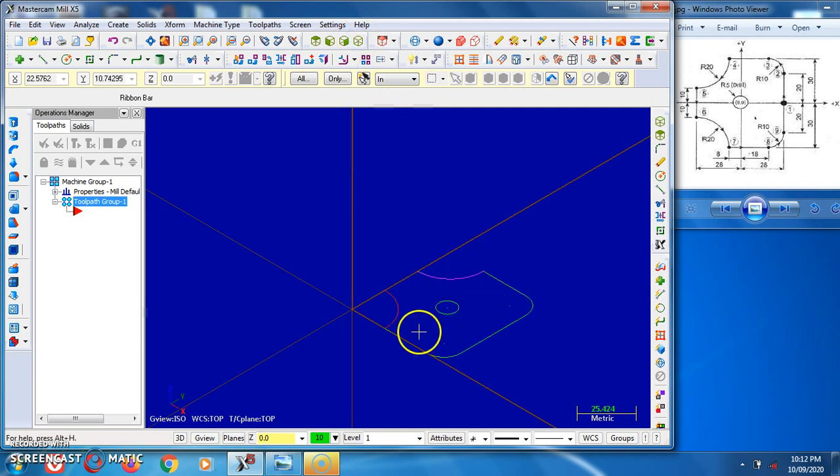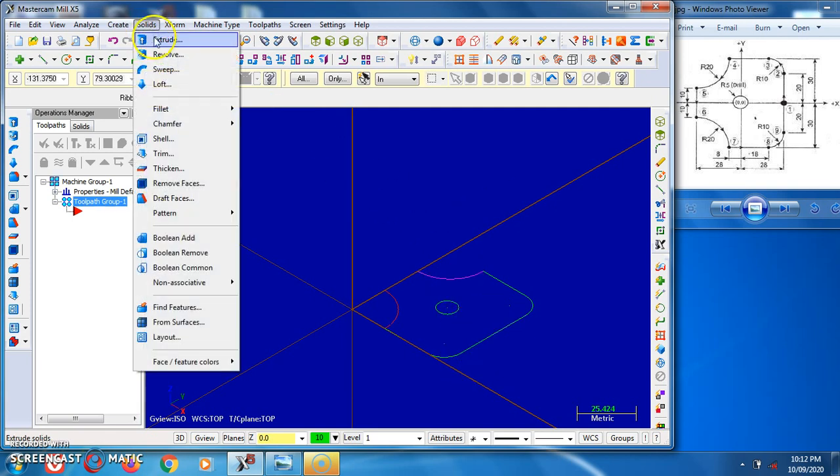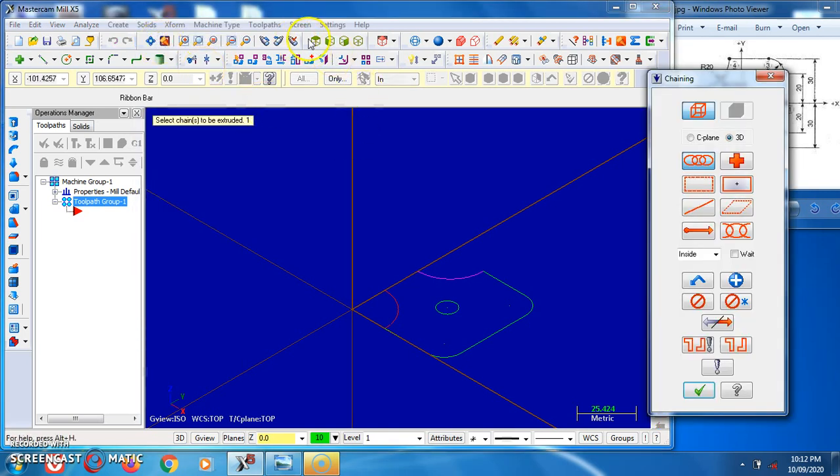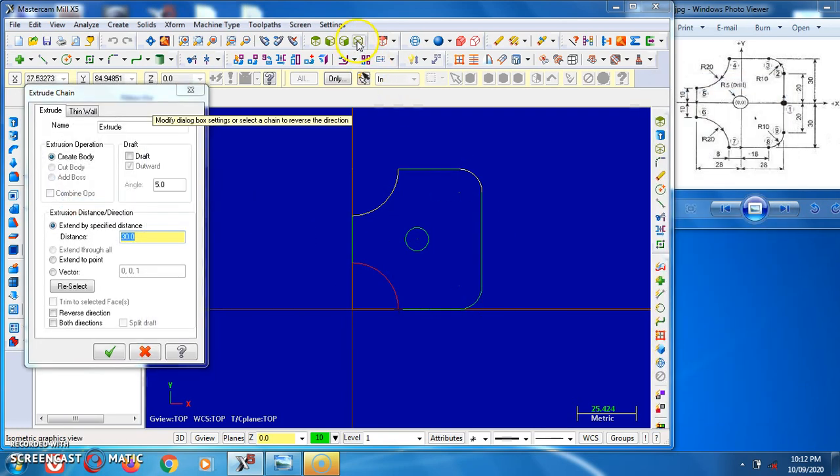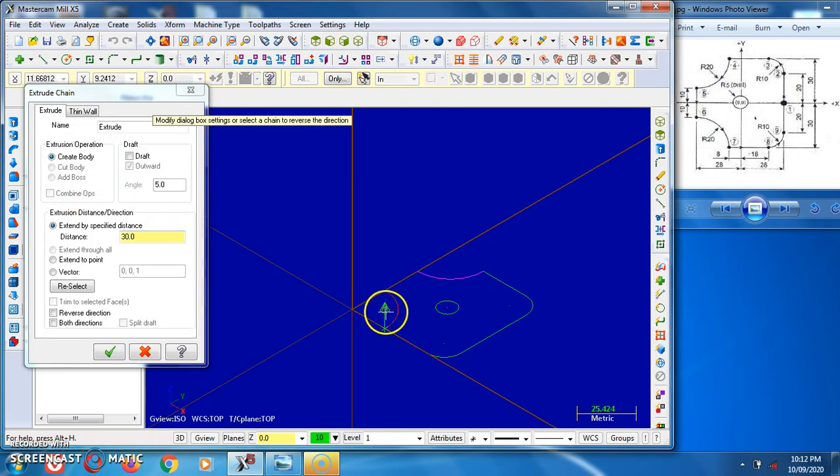Now currently it's showing at the datum. The datum plane shows this is the 0 position in the Z direction. So now we can extrude the given part in the downward direction or the upward direction, right? So go for solid, extrude, go for the top plane, select the line. This is the chain selection, click OK. Now we can reverse the arrow direction by clicking on the button. So now whenever we give the extrude, it increases in the downward direction.